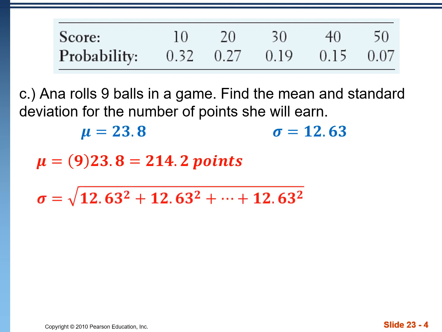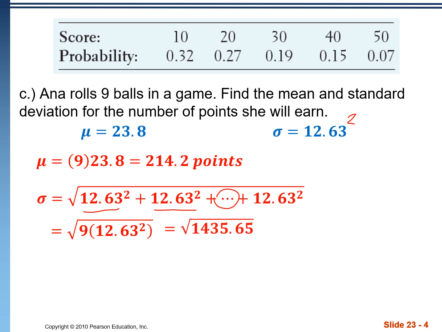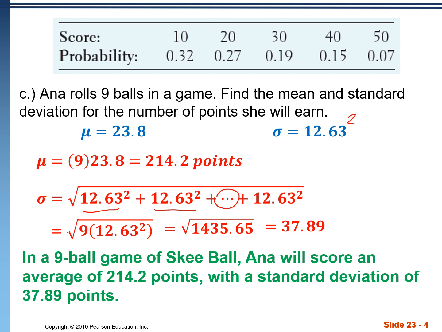Standard deviation is not quite as simple. We can't just add standard deviations. Instead, we're going to add the variances. So variance is the standard deviation squared, and we're doing that for all 9 rolls. Another way to write it is just 9 times that 12.63 squared. That gives us 1435. Square root that, we get a standard deviation of 37.89. So in a 9-ball game of skee-ball, Anna will score an average of 214.2 points with a standard deviation